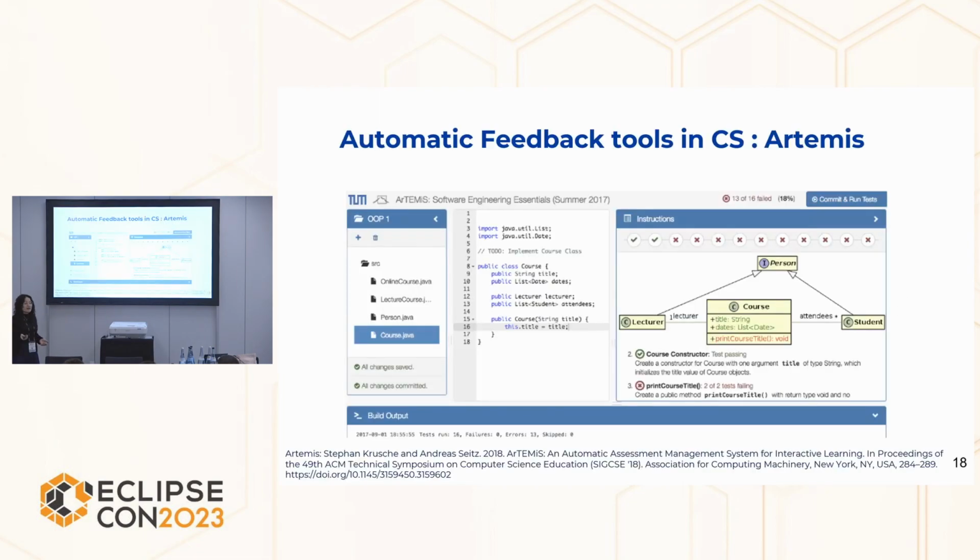For example, at the Technical University of Munich, there is a bot called Artemis. This bot presents software to the students where they can upload their code, and in a very friendly way, it's a test-based tool.